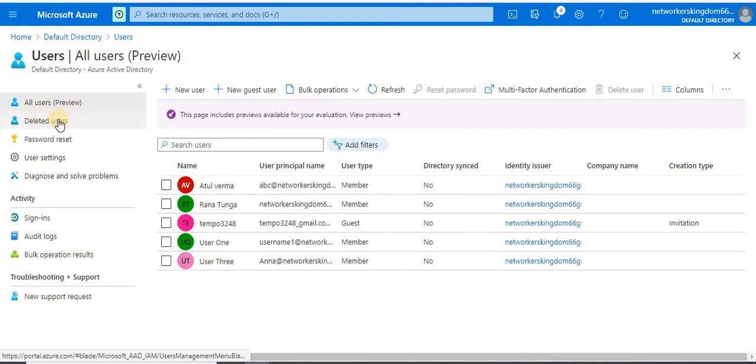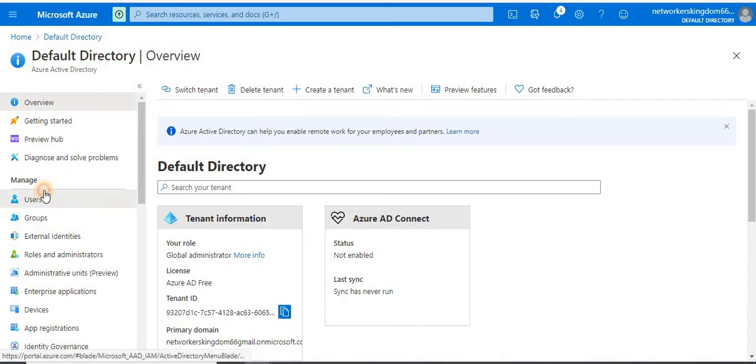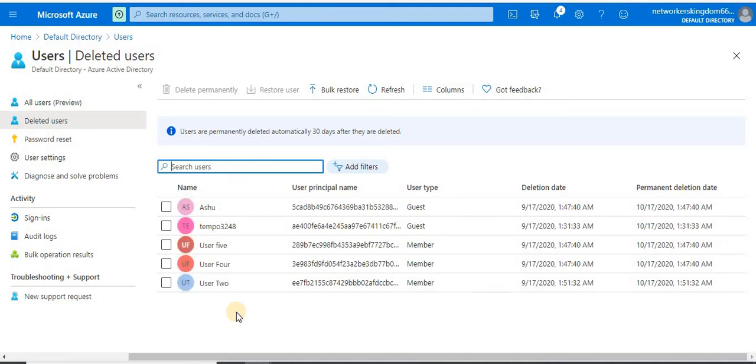Just click on deleted users, and it is here, users, deleted users, and you can see these are the users which I have deleted. And basically what Azure provides you is a 30 day time period.